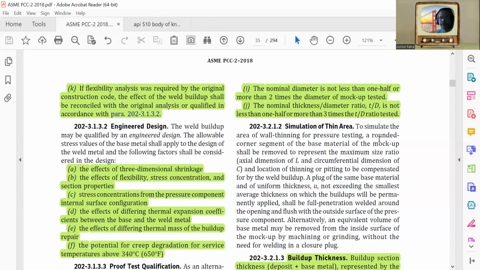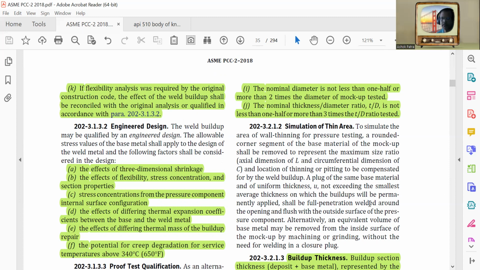Simulation of thin area. To simulate the area of wall thinning in pressure testing, a rounded corner segment of the base material of the mock-up shall be removed to represent the maximum size ratio axial dimension L and circumferential dimension C, the location of thinning or pitting to be compensated by the weld buildup. A plug of the same base metal and of uniform thickness U, not exceeding the smallest average thickness on which the buildup will be